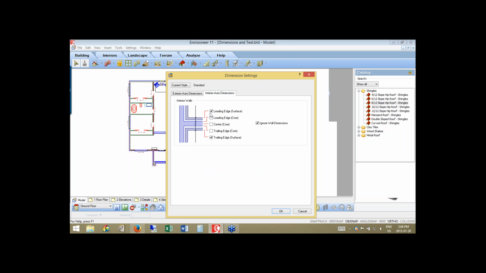Do we want to go from the leading edge to the leading core, center line, trailing edge? You can have all of those various options. You just select the ones that you would rather use. When it's crossing through the walls, so if I had a series of walls, and I'll just draw a crude little drawing here of some interior walls, and when I come through and draw my interior dimension through those, and I've told it that I want it to go to the sides, each side of the stud,